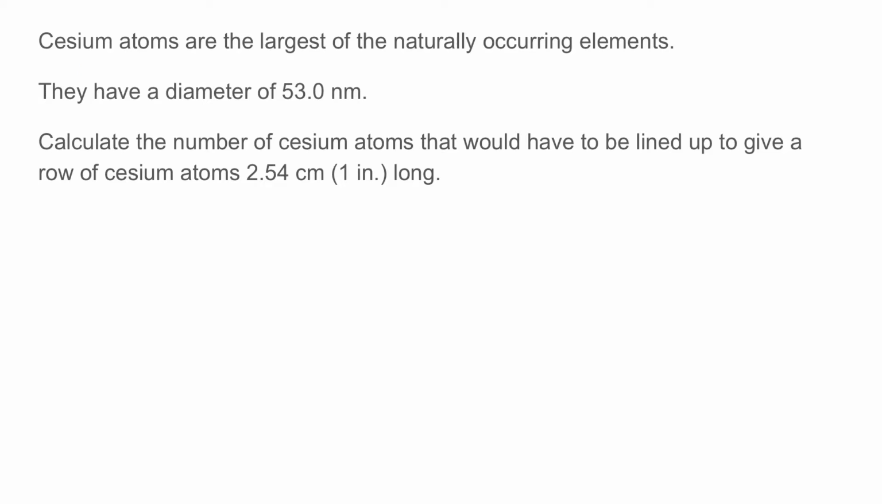Cesium atoms are the largest of the naturally occurring elements. They have a diameter of 53 nanometers. Calculate the number of cesium atoms that would have to be aligned to a row of cesium atoms 2.54 centimeters